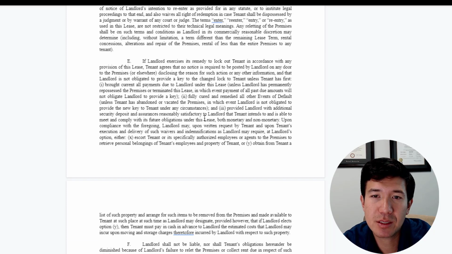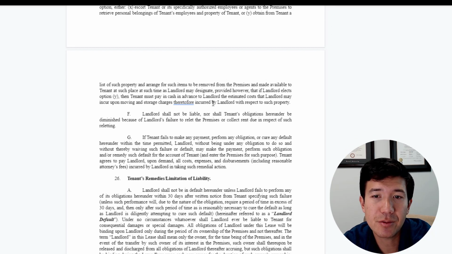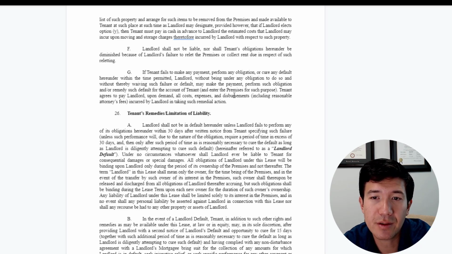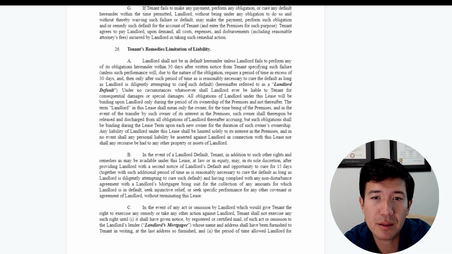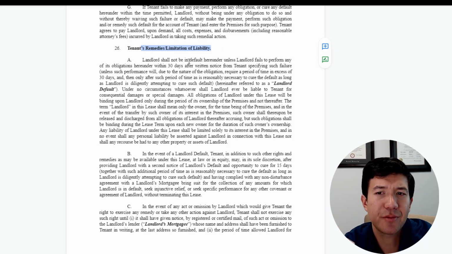Again, there's not that much flexibility here, but the landlord really has broad permission to lock out the tenant, take possession of the property, the personal property inside the premise, and auction it off and try to recover any value from that property. So it's really critical that if you have a few $100,000 worth of inventory inside your building, don't be late on your rent, because the landlord's going to have options to lock you out and take title to that property.